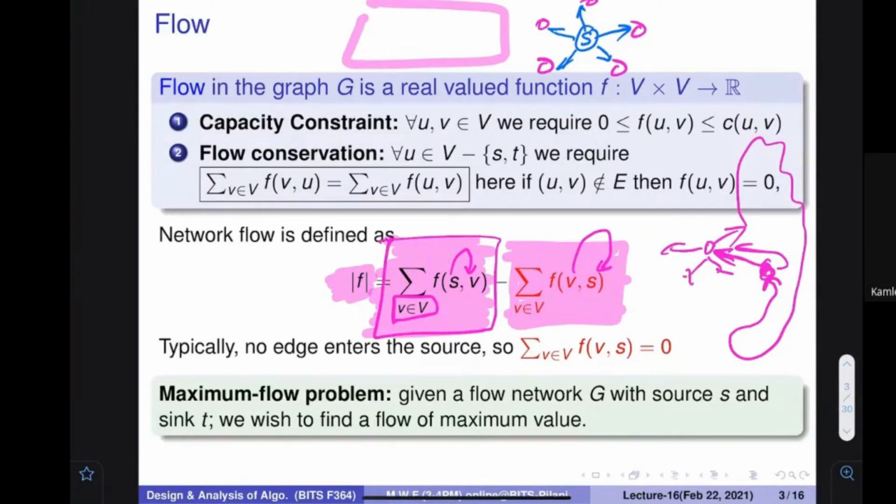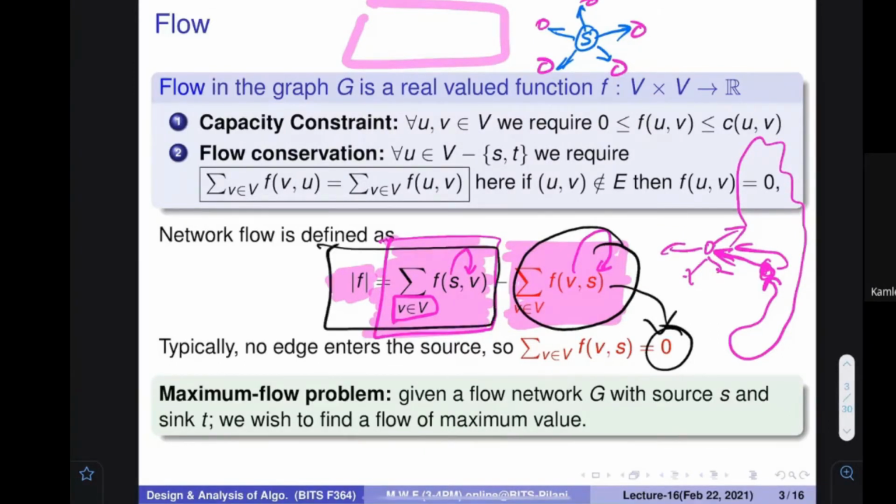I'm thinking only S is going to produce. So it can be taken in this particular way. But when we find the solution, we would make sure that nobody is sending something to S. That's why we think we actually have this particular quantity as zero. This quantity is going to be zero because nobody is going to send anything in our solution. So the network flow can be taken by this first quantity only.